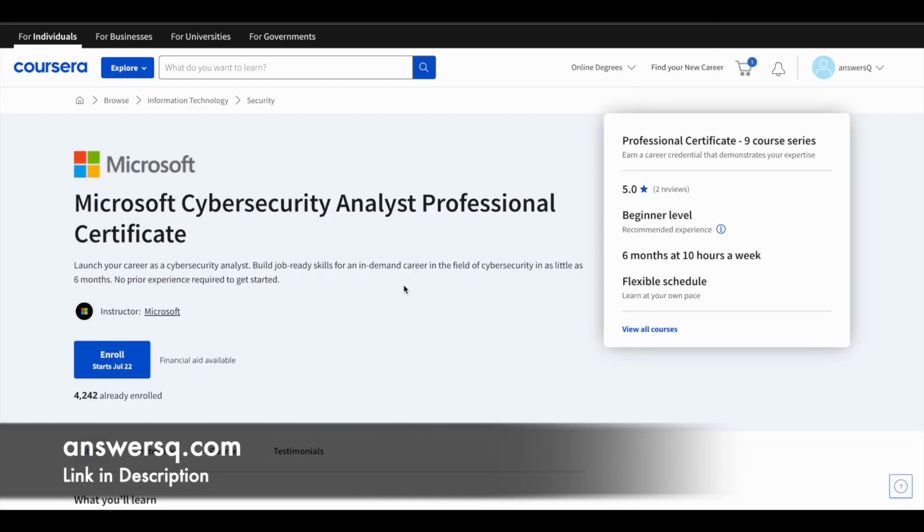And another option is you can just simply use the financial aid option in Coursera and get the program for free, but that is not guaranteed. But anyway, you can just give it a try. If you are lucky enough, you will just get it.